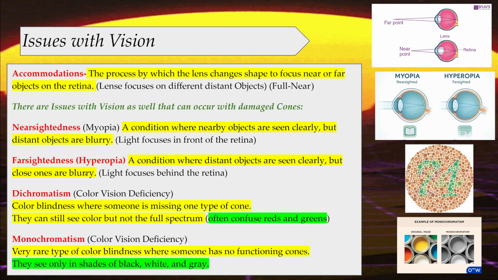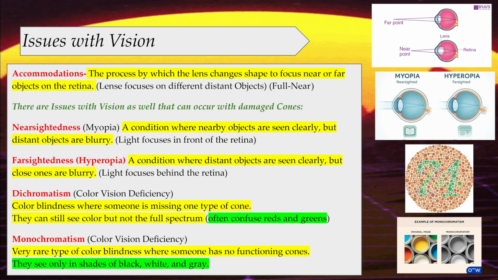Now, going into those issues that we were talking about, nearsightedness is kind of this condition where we have difficulty seeing distant objects. We have difficulty accommodating to see far away. Farsightedness is the opposite. This means we have issues with seeing things that are close up to us. Our eyes can't accommodate into that big wide ball to help us with perceiving that sensory information. Easy way to remember this is nearsightedness. That near sight means you can see close, but issues with seeing far. Far sight means I can see far, but I can't see close.